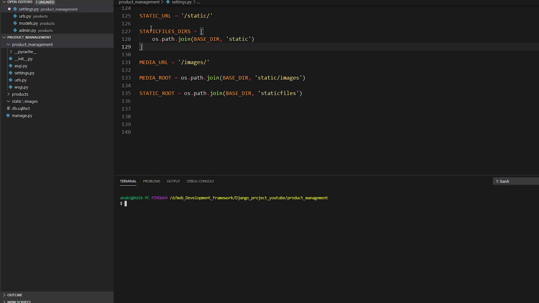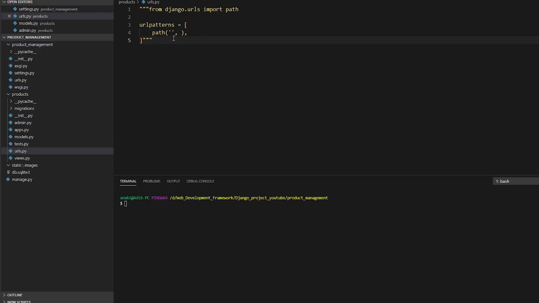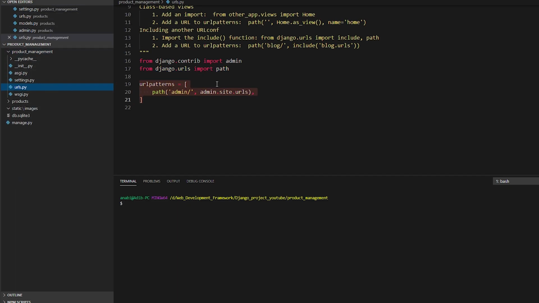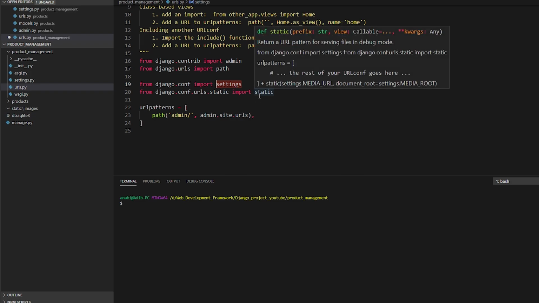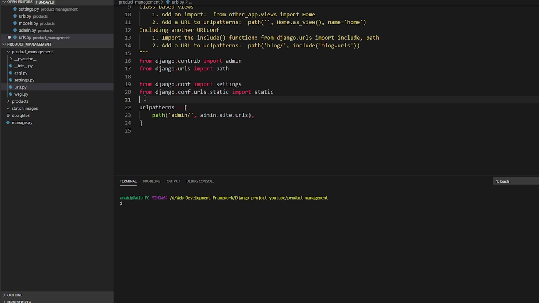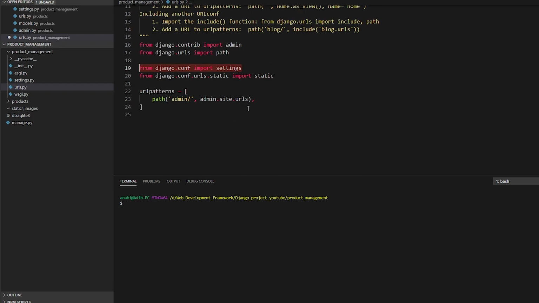So now we're going to save the file and go to the urls.py file. I need to go to the main project level urls.py file and add those two imports, which is from django.conf import settings. Then you need to import from django.conf.urls.static import static. You need to import the static and settings inside the urls.py file, and then you need to add plus